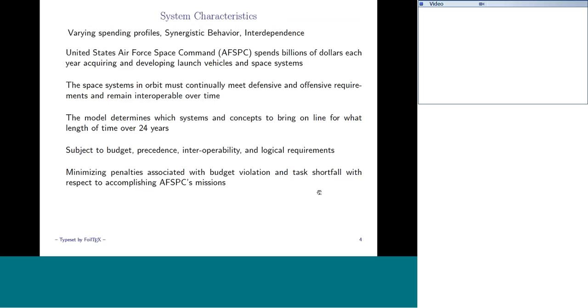All right, so just a little bit of background on the systems themselves. Some of these systems are clearly what you'd think of in terms of launchers and things that get launched, such as the satellites and space-based lasers and space-based radars and so forth. There are also terrestrial vehicles that they would use. There are also things to keep up the morale of the staff, and these are also included in the model. There are not only systems, but also research and development initiatives, and those might be funded in terms of trying to provide some future capabilities to the Air Force.